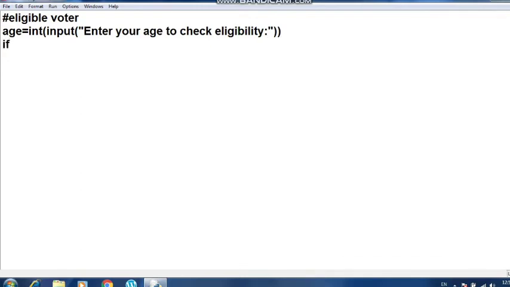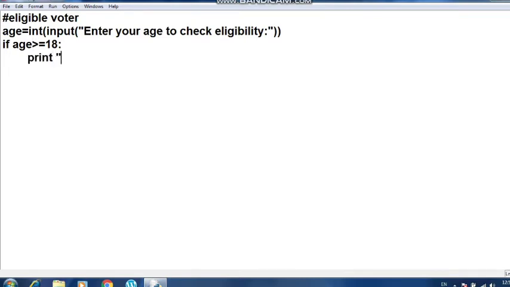Now I will check here if age is greater than or equal to 18. So this is the condition which I have written. Now suppose the age entered by the user is 19, so the age will be greater than or equal to 18. The greater sign will be true, however the equal to sign will be false, but one of the operators is true, so it will print this statement here.